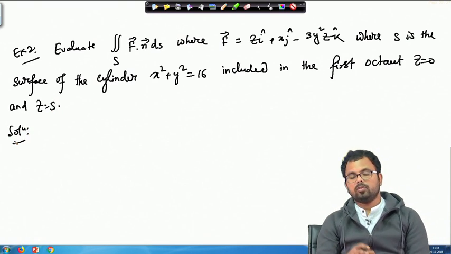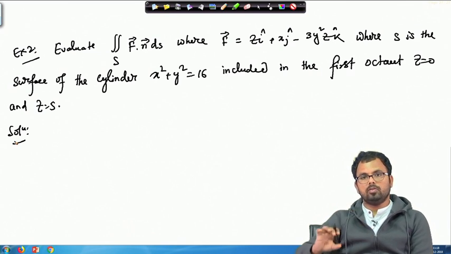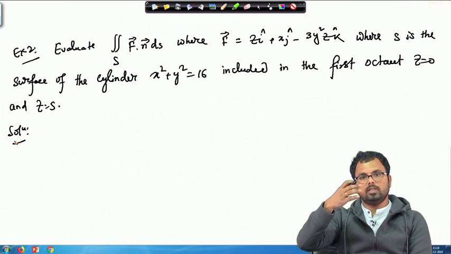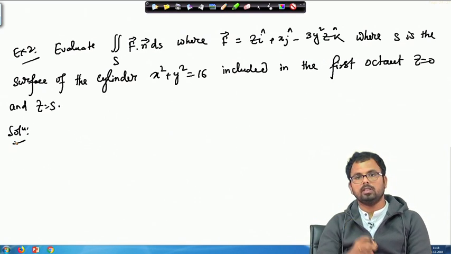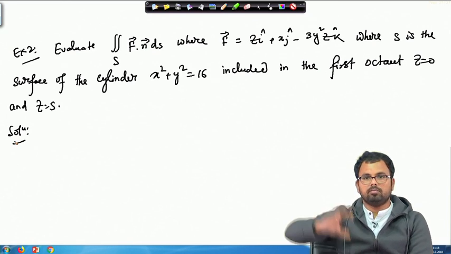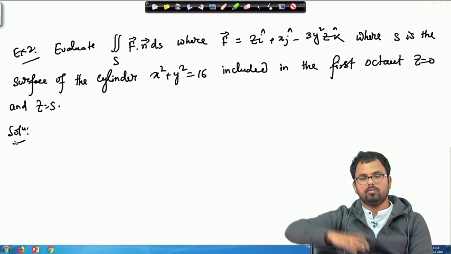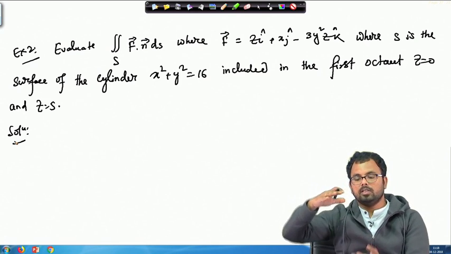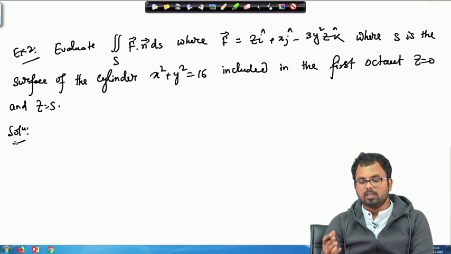So basically x square plus y square equals 16. So that's a circle, and then you have z equals 0 and z equals 5. So it is a cylinder. Now if you consider the part which is included in the first octant, that means the circle in the first octant, and z from 0 to 5, I mean the height of that cylinder. So whatever lies in the first octant of that cylinder, that's the surface S, and our given